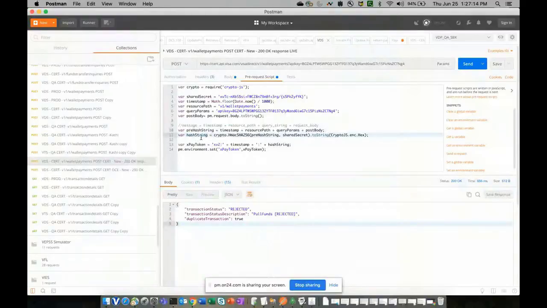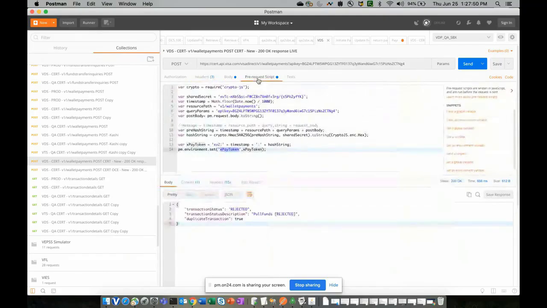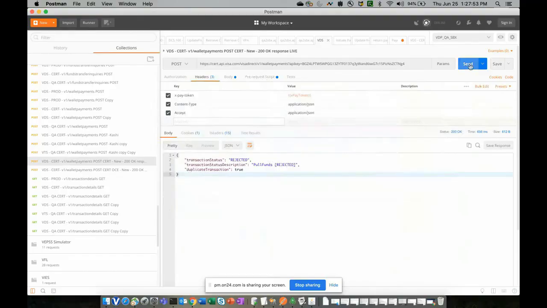Once we have the hash string in place, we are ready to compute the XPay token. The XPay token is nothing but a combination of the string xv2, along with the timestamp, which is again the current timestamp, a colon, and the hash string. Finally, when you concatenate all this, you have the XPay token in hand. In Postman, we are just setting the XPay value that we computed in the XPay header value, which is what we have defined here. Now that we have the script and everything in place, let me make the API call.